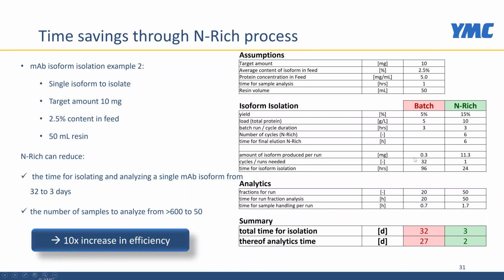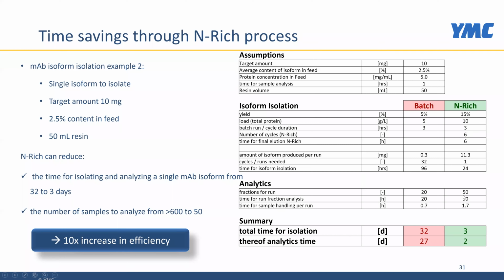However, because you can produce only very small amounts in each run, you need a lot of cycles. So you need to repeat this batch 30 or 32 times, and then you have 20 fractions per run, corresponding to 20 hours. You have 600 samples and 600 hours of analytical time, whereas with Enrich,